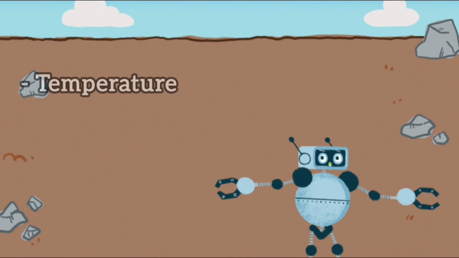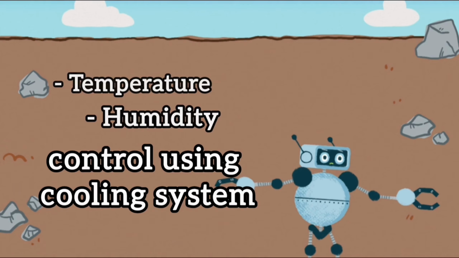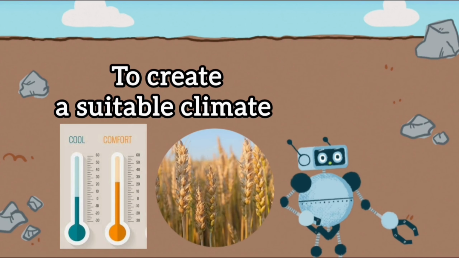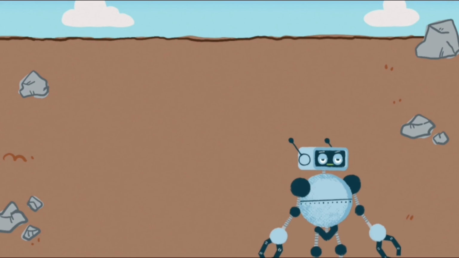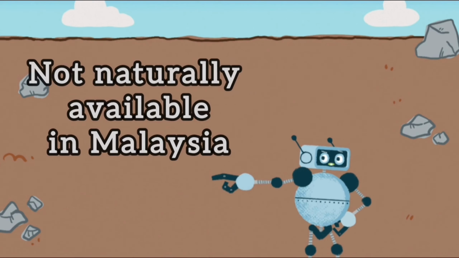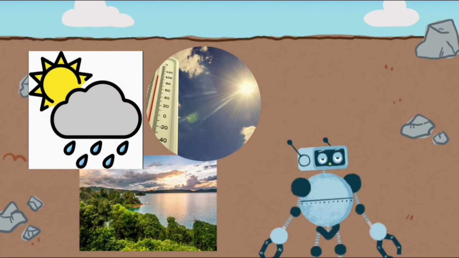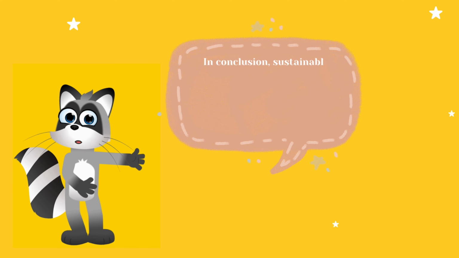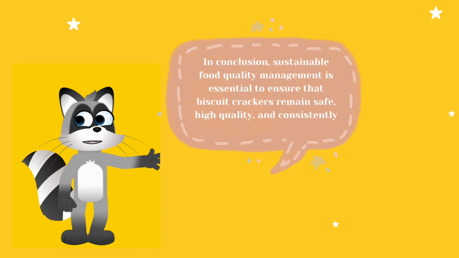In this system, temperature and humidity are controlled using a cooling system to create a suitable climate for wheat growth. This is important because wheat requires a cooler climate and stable growing conditions, which are not naturally available in Malaysia's tropical environment. In conclusion, sustainable food quality management is essential to ensure that biscuit crackers remain safe, high quality and consistently